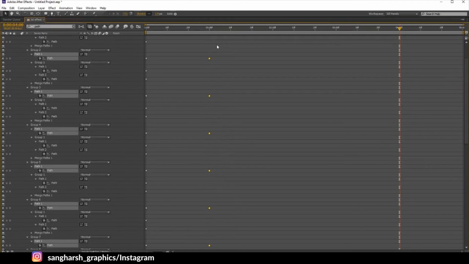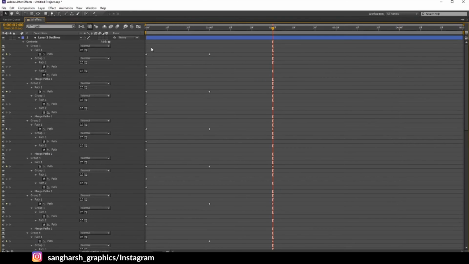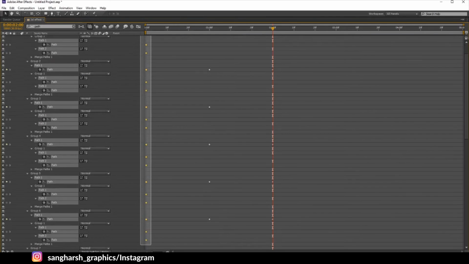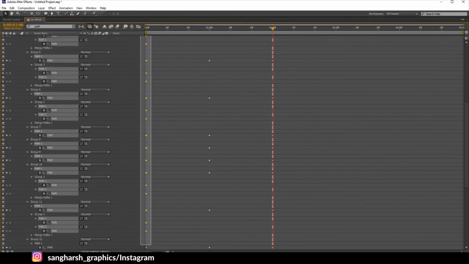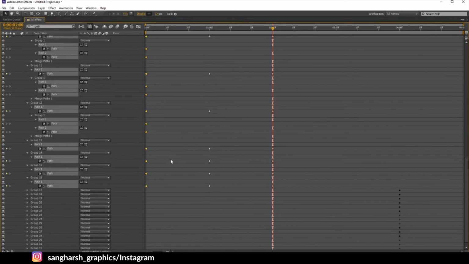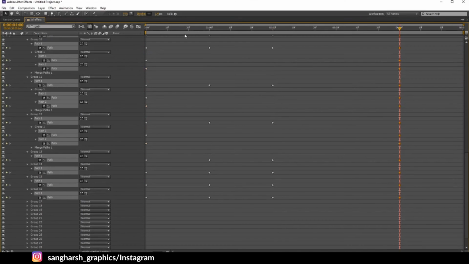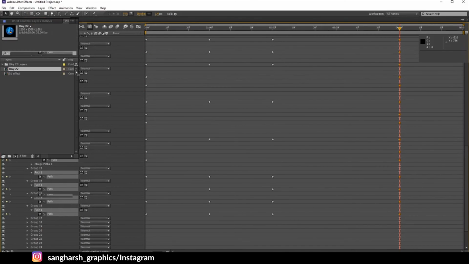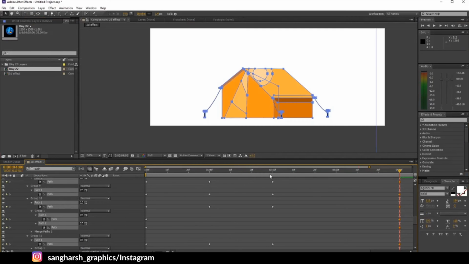Now select all these keyframes, copy them, come to second and press Ctrl V. Again select the first keyframes of the first second, select all the keyframes, press Ctrl C. I think it will be on 4 or something.